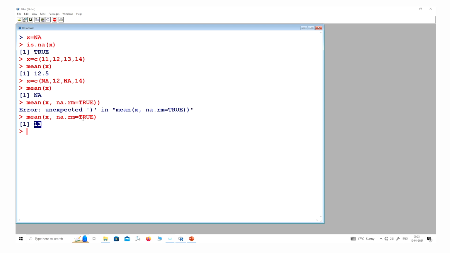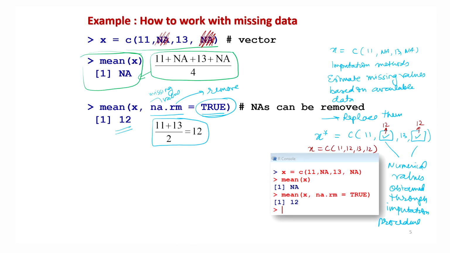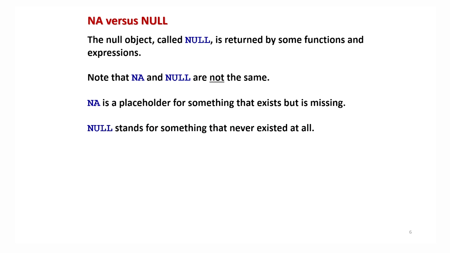Right. So you can see, if you make any slip or mistake, then R gives you an error that it cannot move forward. On the other hand, if there is a warning message, that means it will move forward. Anyway, this is how you can handle missing values. Different statistical commands will have this option which you have to give in the parenthesis. My advice to you all is that whenever you are using any statistical procedure, please look into the help menu and see how the missing values are going to be handled.